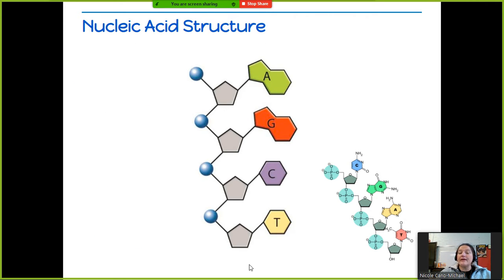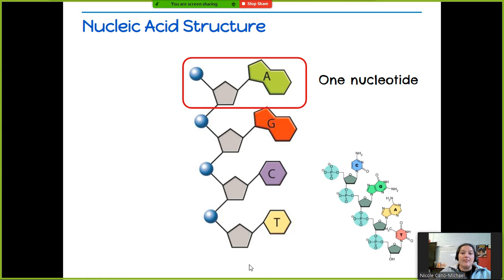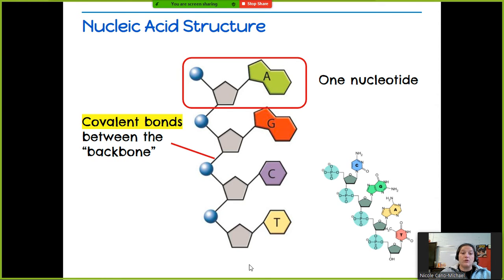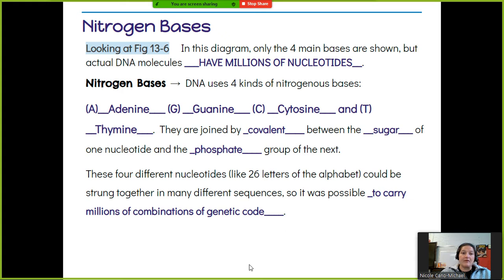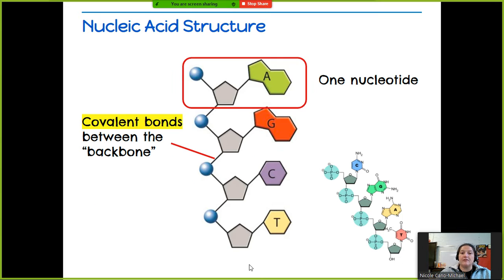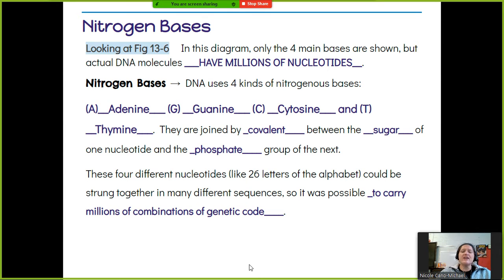All right, so this is our nucleotide structure. Again, this top piece here, one circle, one pentagon, one base, that is our one nucleotide. And these nucleotides, again, are held together in these long chains by covalent bonds, which form the backbone of DNA. Now, if we flip back to that picture, I have A, G, C, and T as my nitrogen bases. In this diagram, the four nitrogen bases are shown, but actual DNA molecules have millions